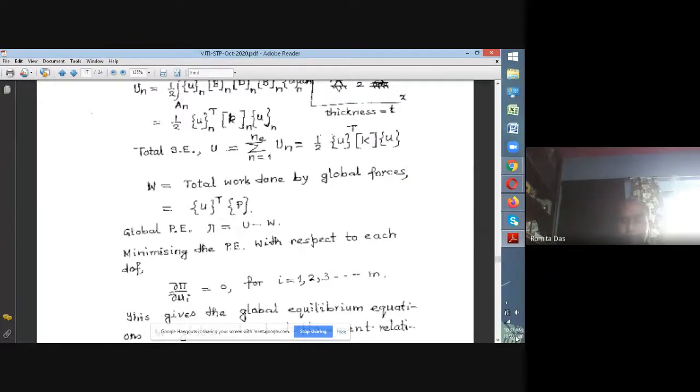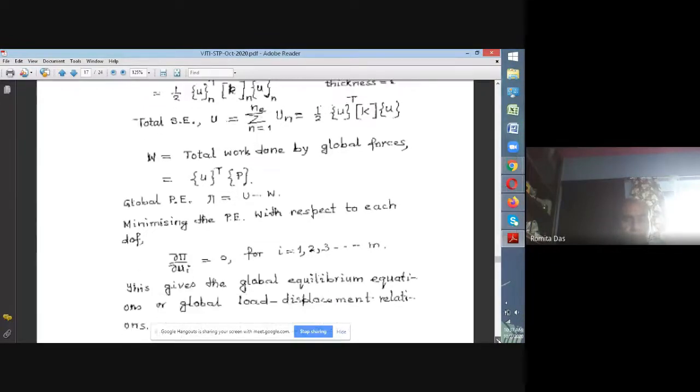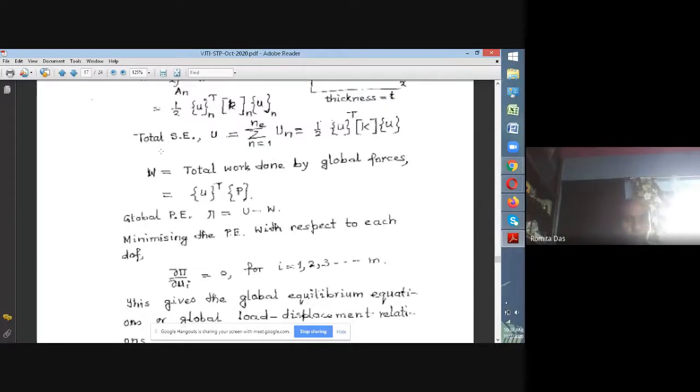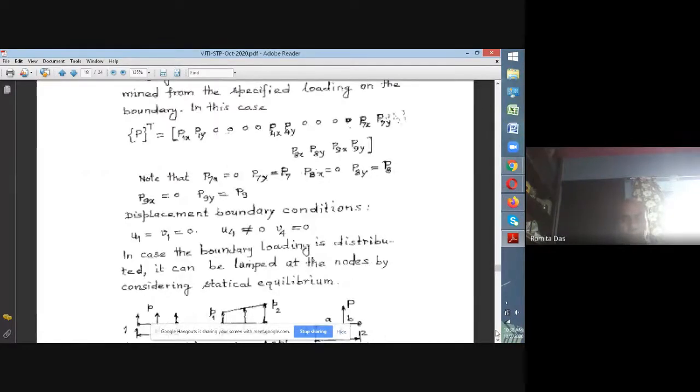And work done is nothing but P multiplied by displacement. Here also you see the work done, in the multidimensional system, is nothing but P into U. Look at this expression: W, the work done by the external forces, is nothing but displacement multiplied by P. Since you have matrix dimensions, it is written in matrix form as U transpose into P. It is nothing but P into U. In the case of a single spring, that's it: strain energy is half KU square, and work done is load into displacement, P into U, and we have written the same thing as U transpose into P. So that's all the relationships that come out from the finite element expression.